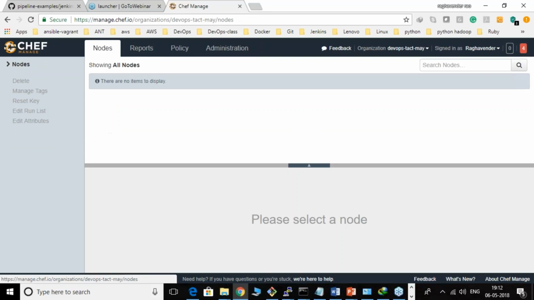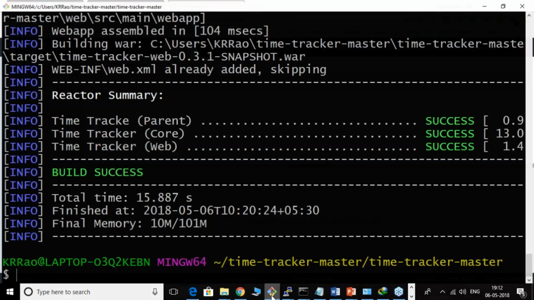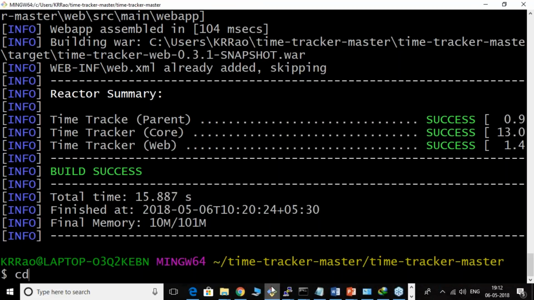Most of the time, we spend our time writing cookbooks. From a Chef server point of view, you could see them as policies, to work within policies. So what you can do is,